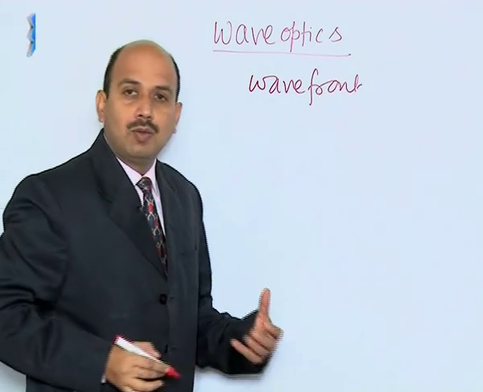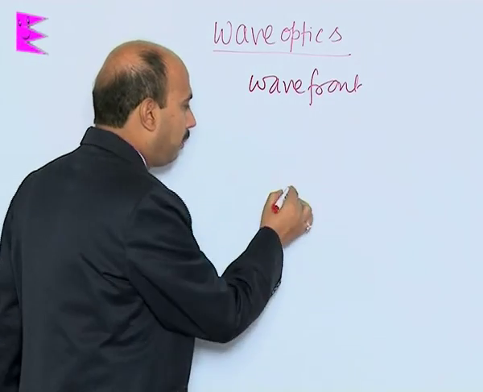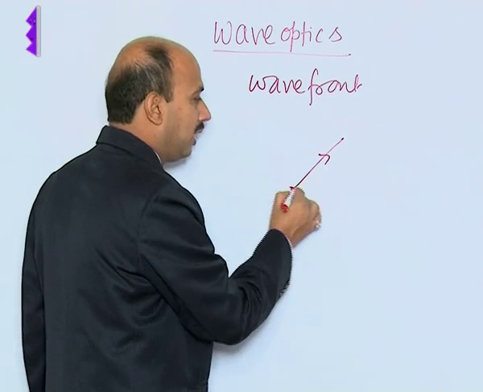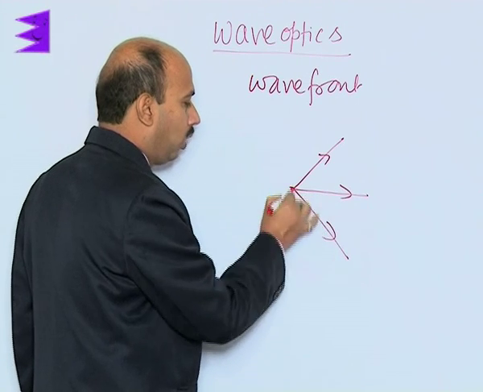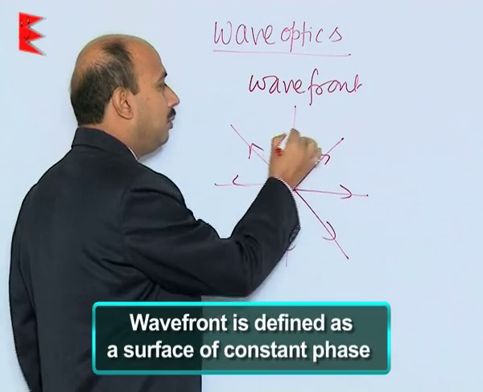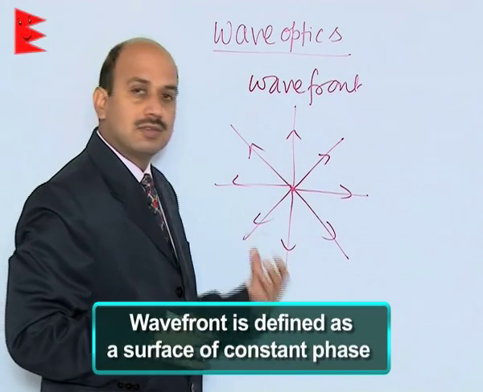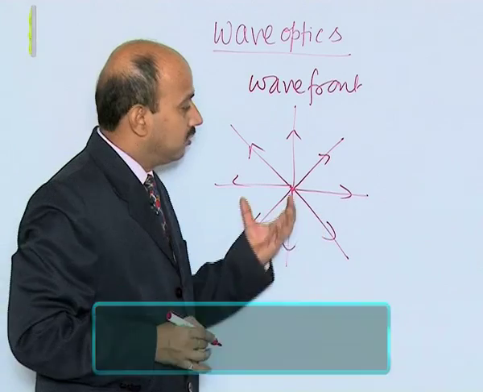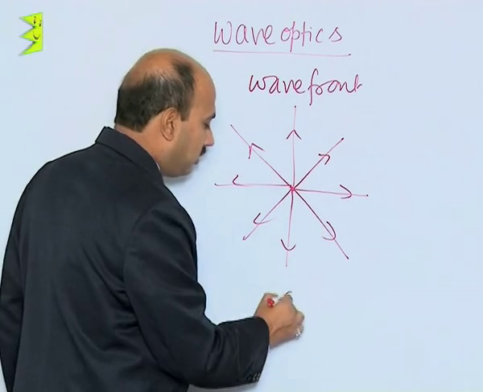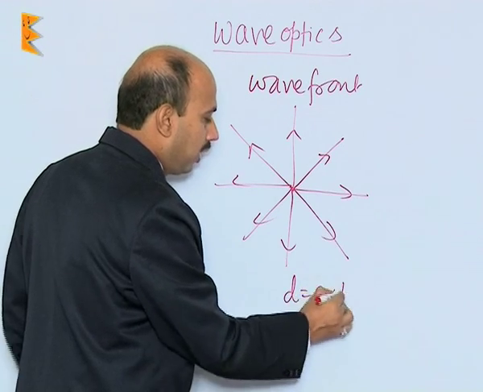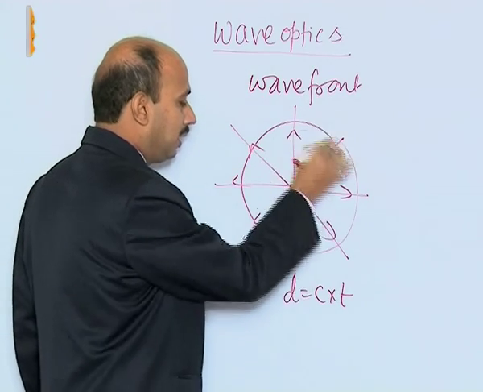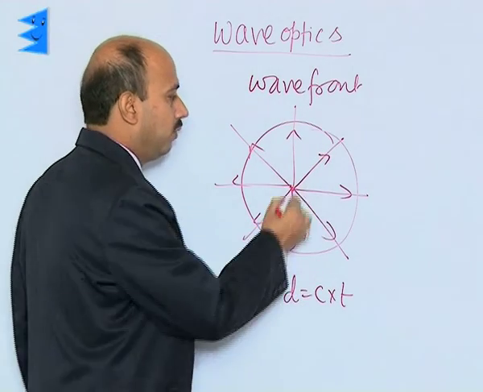So, first we will see what a wavefront is. Suppose you have taken a point source which sends out radiation or disturbances in all directions like this. If the medium is the same, then all these radiations travel the same distance in the same time interval in all directions. Suppose the distance travelled in time t is equal to c into t, then by taking the radius d equal to c into t, we can draw a sphere,